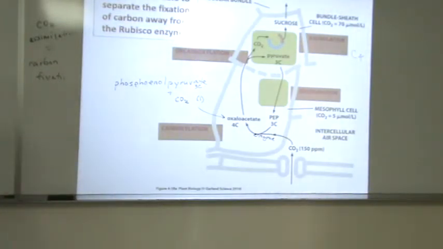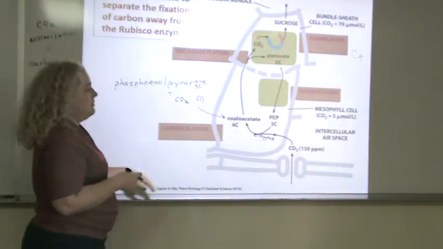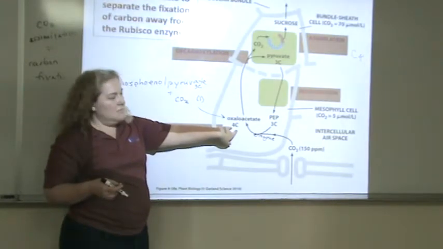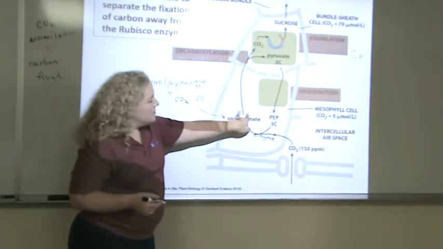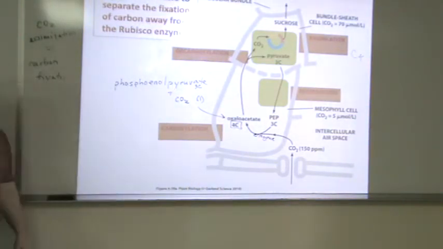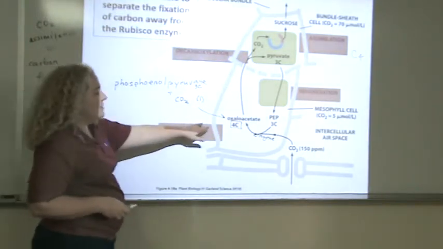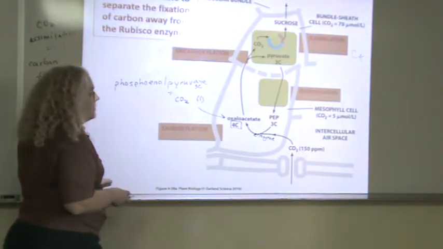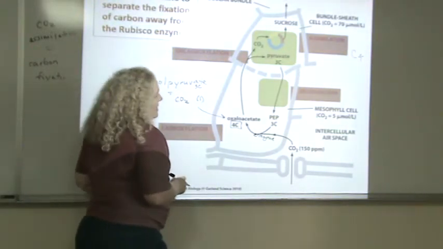Where did we see that recently? Citric acid cycle. Yeah, it's part of the citric acid cycle. So, same chemical, except now it's out in the cytoplasm. And because the first form of fixed carbon is a 4-carbon molecule, that's why this is called C4. So the photosynthesis styles are named after the first form of fixed carbon that the plant gets. In this case, it's oxaloacetate, and that's a 4-carbon molecule, so C4 photosynthesis. The oxaloacetate